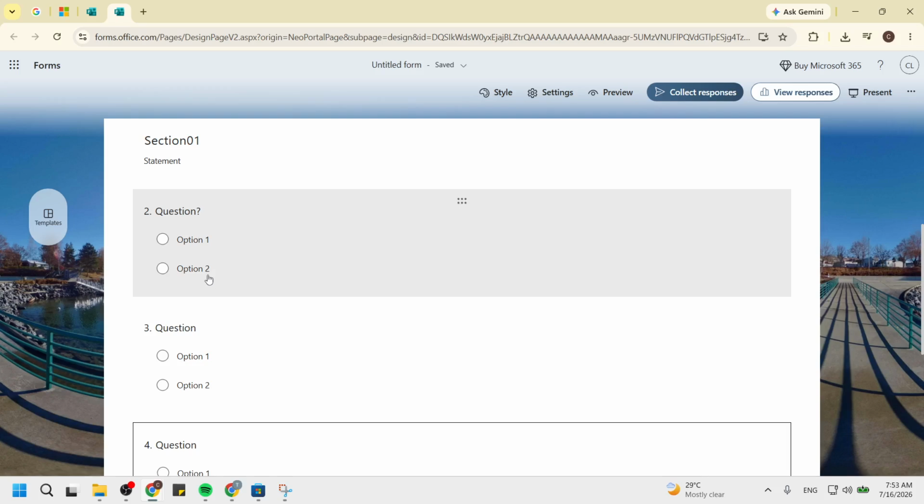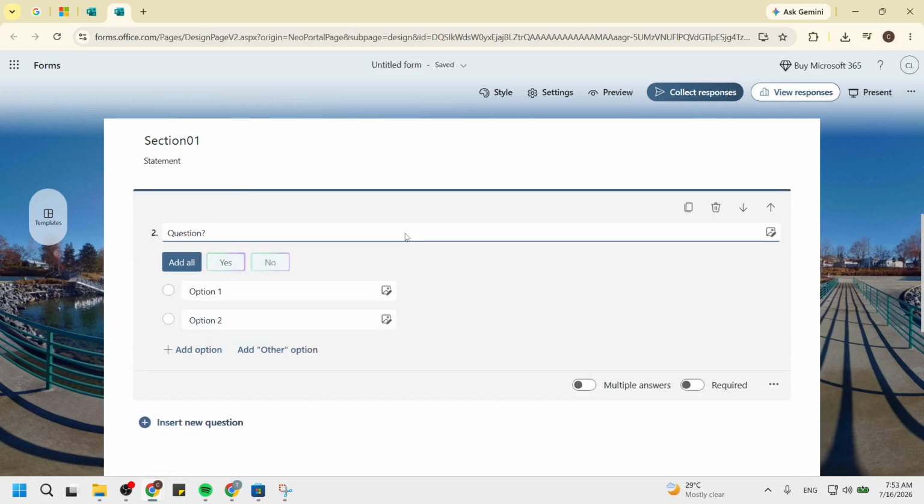After that, scroll to the question after which you want to start a new section. This is the point where you want to divide your form into different parts for better organization. As you scroll, take note of the questions to ensure you choose the right place for your new section. Adding sections can greatly improve the flow of your form and make it easier for respondents to understand what is